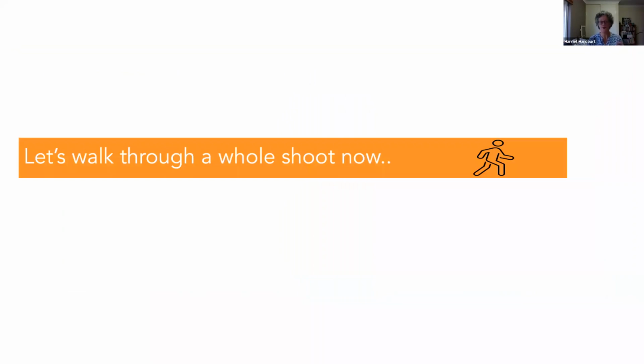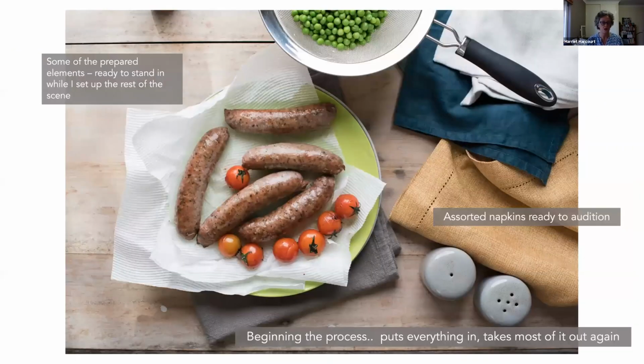So now we're going to do the sausages and mash. This is where it all starts for me. I go, oh, I'm going to do this picture and I'm going to put it on this surface, and I really want to use this because I just bought it and I think it's cool. And then we get real. So I pulled out a few things I thought might go in my picture, and I've prepared my food. So this is all ready to be photographed,